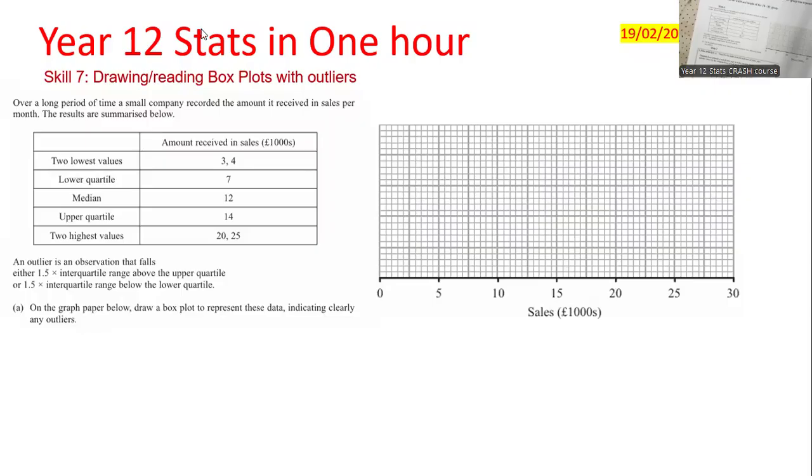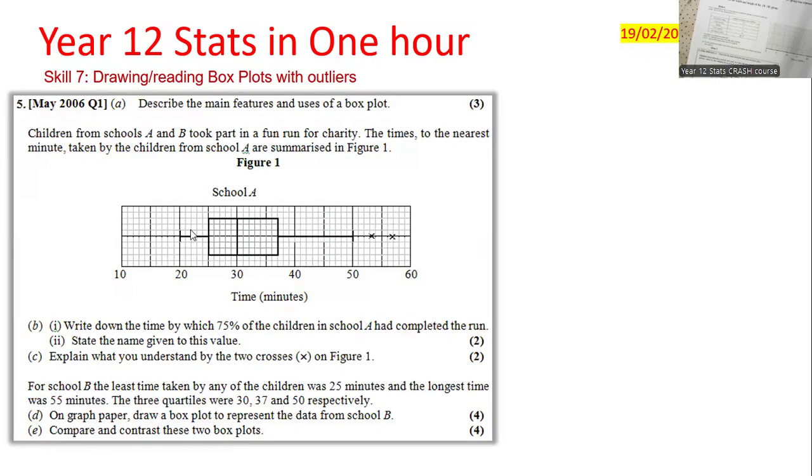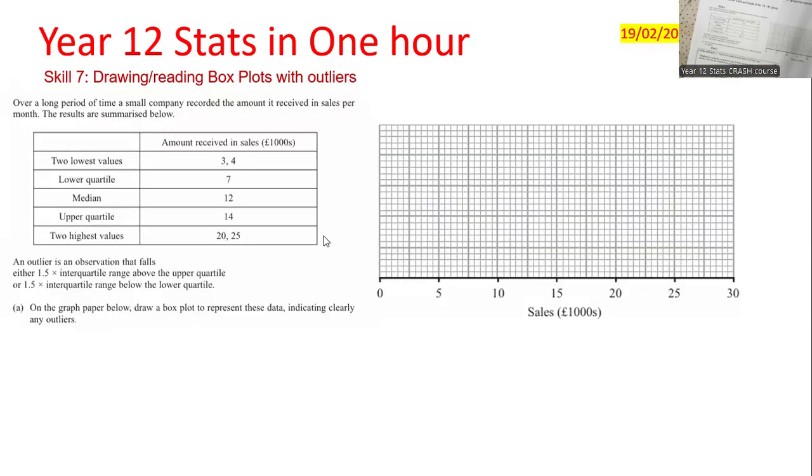The next two questions in representing data are about box plots. In the first one, they've given you some data, and they've given you the formulas for finding the outliers, and you need to see if any of them is an outlier or not, and then complete the box plot. In the second question, they have given you a box plot. They will ask you to read this box plot with these two crosses, and we're going to talk about this. So we'll do both these questions one by one now, and then we finish with the representing and interpreting